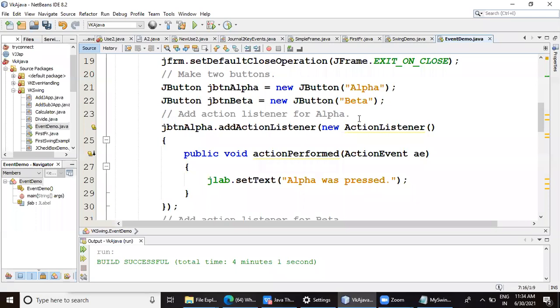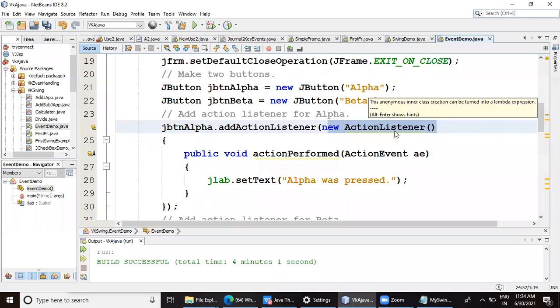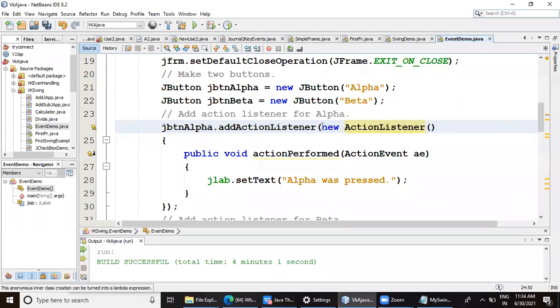Instead of doing all this, we have done a shortcut here. We have tried to create an instance of the interface itself. Which interface are we using? All listeners are interfaces. So at the time of instantiation here, we are doing it with an anonymous inner class again. Normally we used to say addActionListener, and this means the pointer to the current class object.